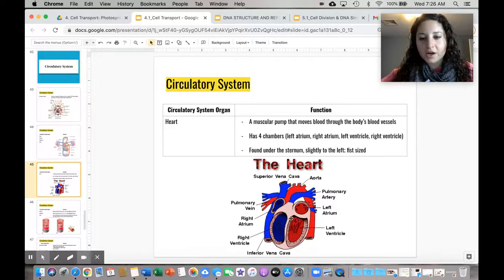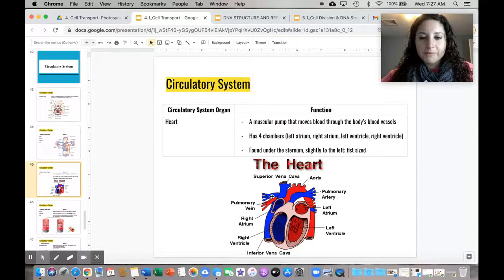So if this heart that we're looking at is the front of the heart, we're looking at a person, this would be the person's left side, even though it looks like your right side. This is the person's left side. This is the person's right side. So that's why it looks opposite, but we're labeling it as left atrium and left ventricle, and then right ventricle